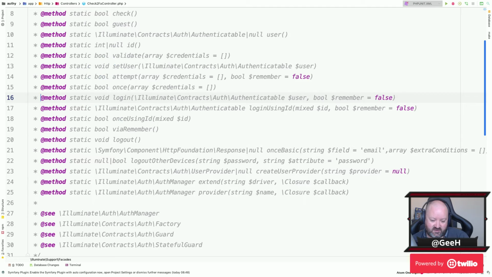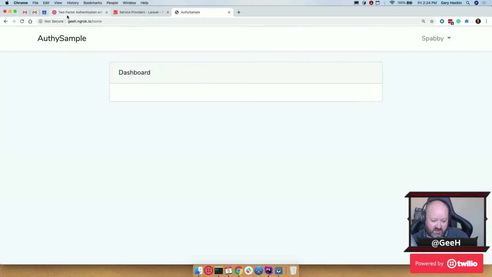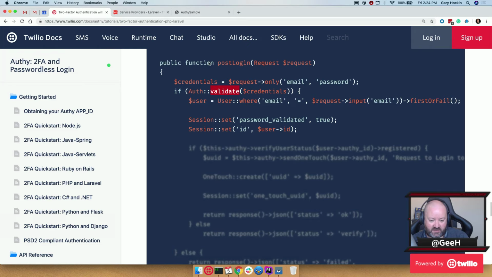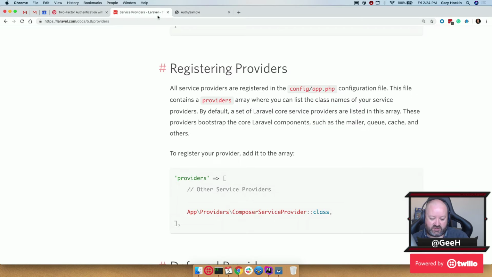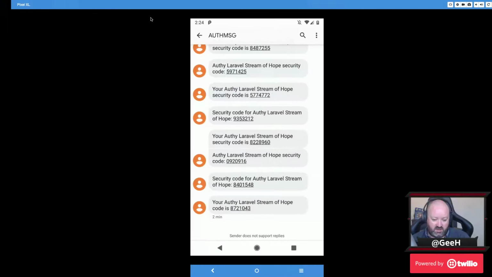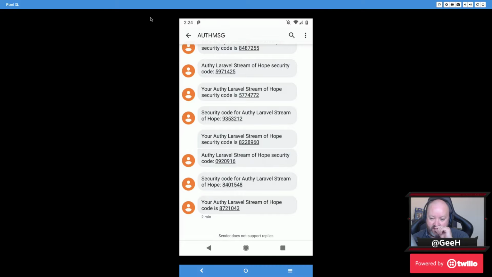But yeah, it's okay. So, the next thing I want to do is, at the moment, we're only sending an SMS, and Authy allows us to do other things. So, we've got the SMS. Let's open my phone here. The SMS gets sent, but realistically,